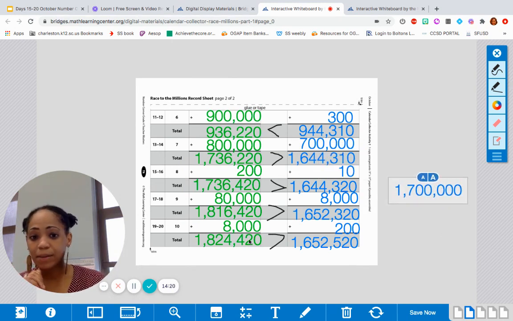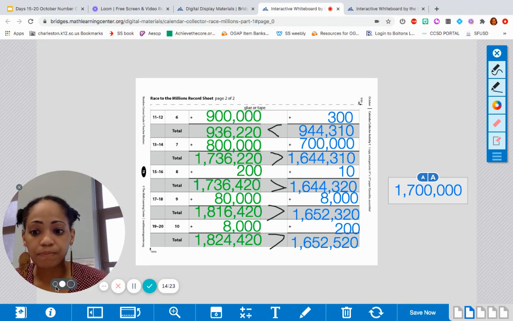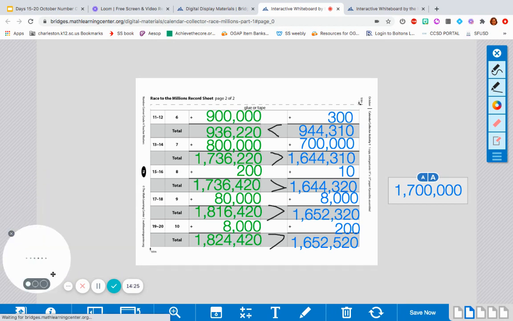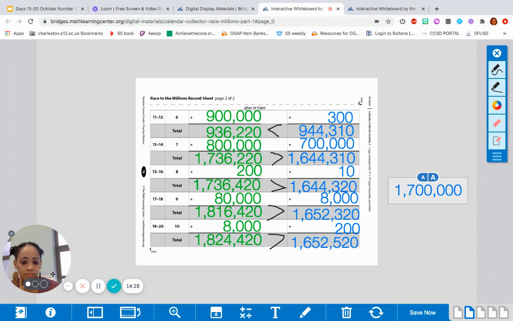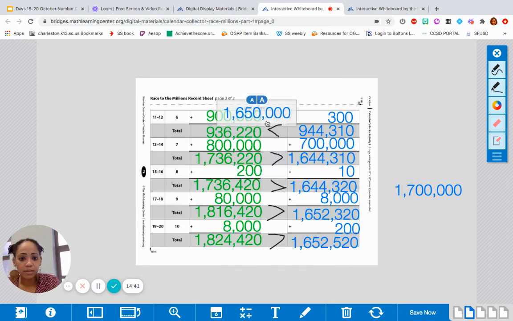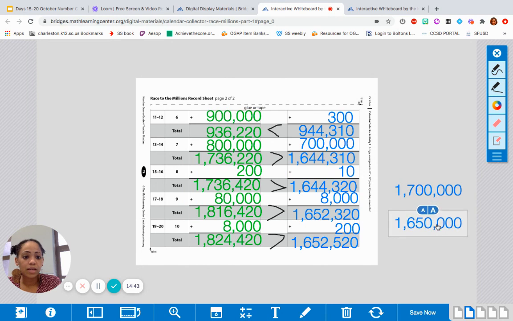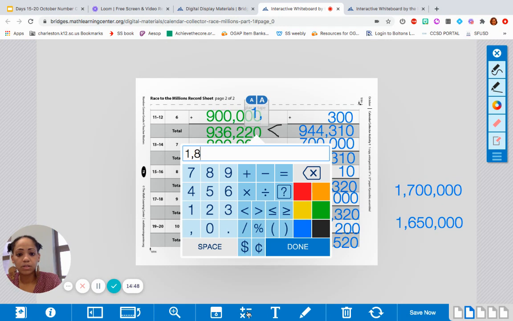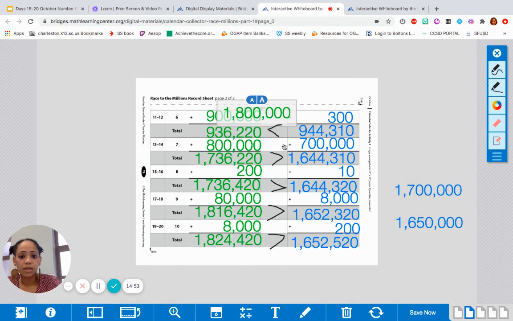How about round your number, and I'm going to round my number to the nearest 100,000 as well. How about round your number to the nearest 10,000? What would you get? 1,650,000. That's the nearest 10,000. I'm going to round my number to the nearest 100,000, which is 1,800,000. And to the nearest 10,000 would be